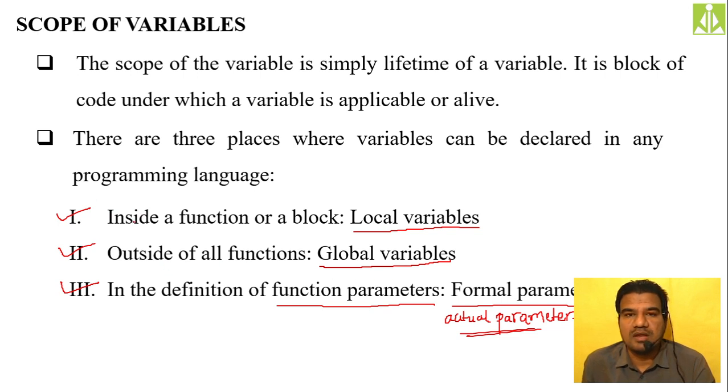So in today's session we mainly focus on local variables, global variables and parameters. Parameters can be of two types: formal parameters as well as actual parameters. Hopefully you understood. Scope is nothing but, remember it as the lifetime of a variable. When the variable is created and when the variable will die, or will not be available, all those things come under lifetime. It is an important term you need to understand: lifetime of a variable. Scope is nothing but lifetime of a variable.